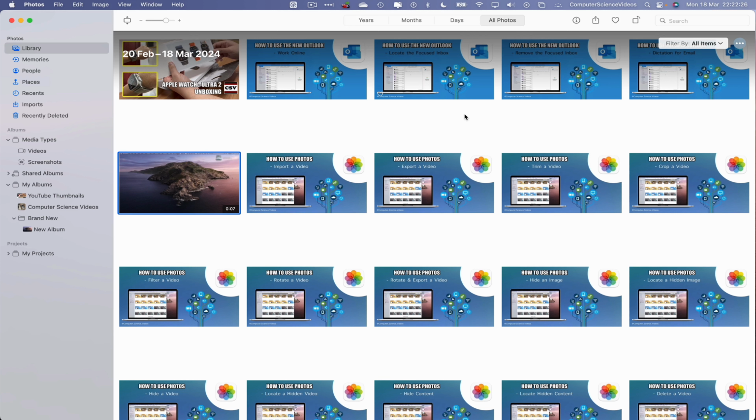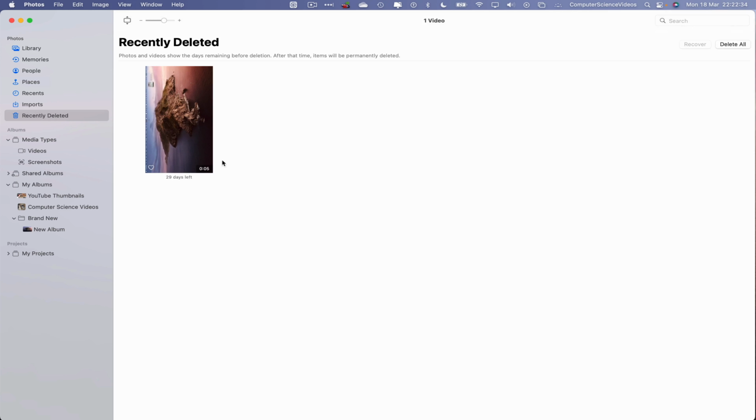it is not instantly deleted forever. We then have a recently deleted folder show up on screen within Photos. If we click on this, if we then highlight delete the video again, then that is deleted from the Photos application. So in order for us to recover this video, highlight the video, click on the video, and then we